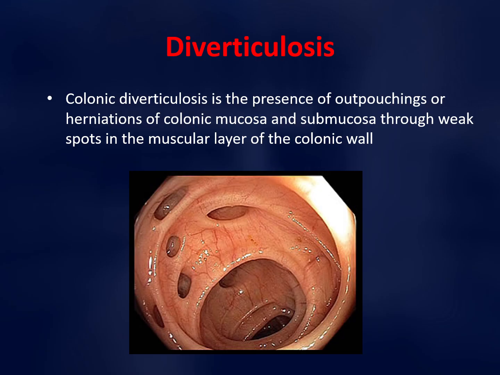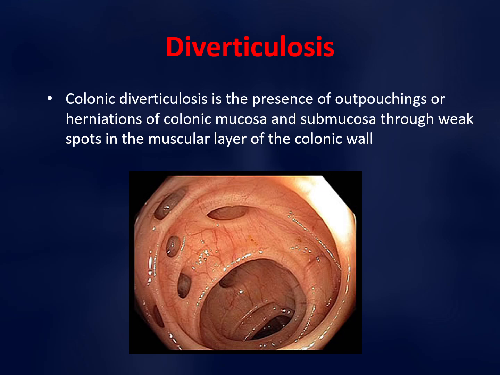We can have diverticulosis in any hollow organ, but colonic diverticulosis is the most common, and it is defined by the presence of outpouchings or herniations of colonic mucosa and submucosa through weak spots in the muscular layer of the colonic wall. And this is the endoscopic aspect of